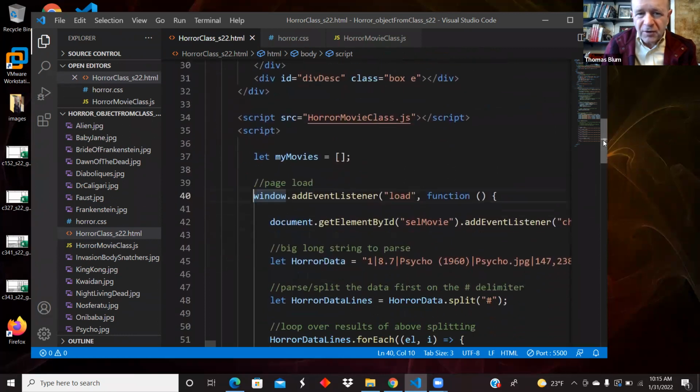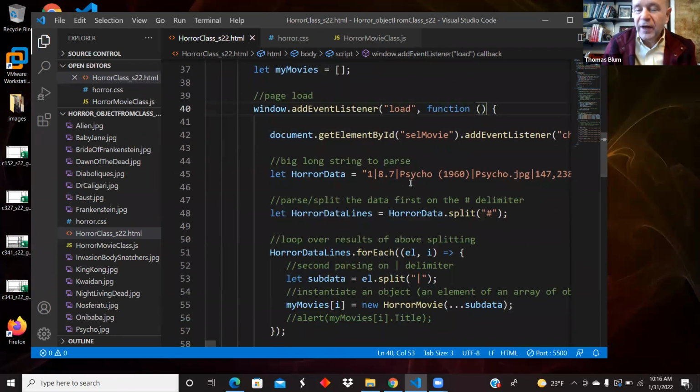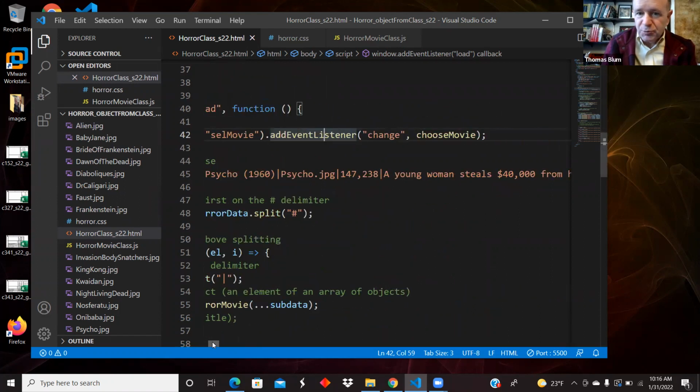This is probably overkill because I am at the bottom of the page. This would have happened anyway, because I only go to this script when I have stuff. But I'm adding the event listener load on the window and handling it with an anonymous function. So this code gets evaluated when the page loads. I'm grabbing the select from the page and assigning it a change listener and defining a function, choose movie, to